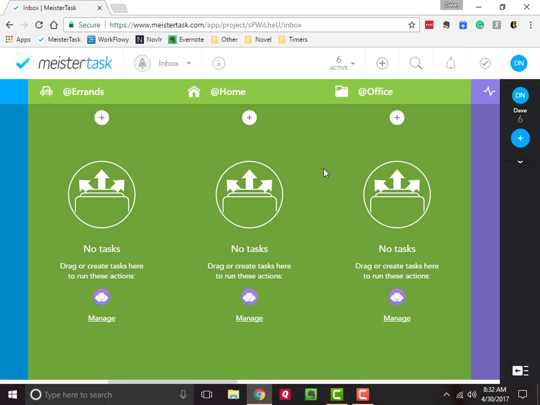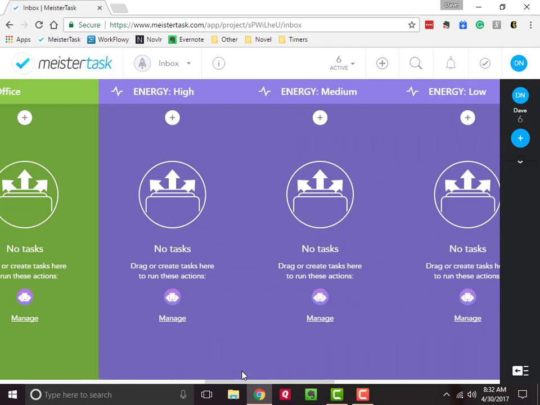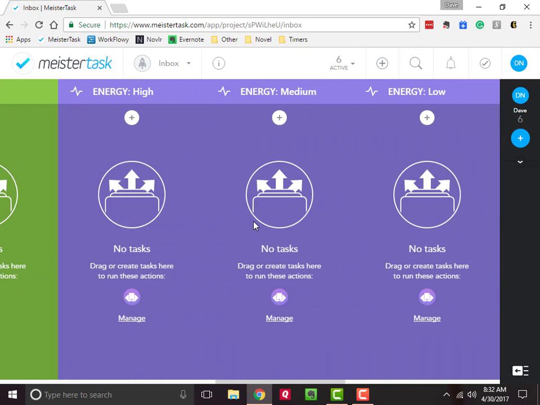Now that that book is 10 years old, some of these contexts may be a little irrelevant now, since we always have our phones, so not necessarily needing an add phone anymore. But whatever you use, this is where you put all your contexts. And then I also have columns for energy,